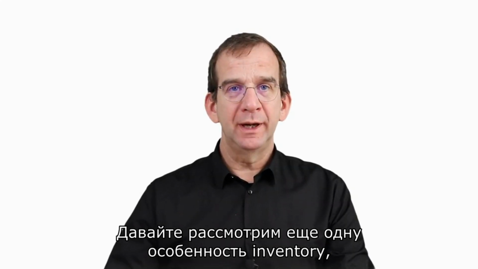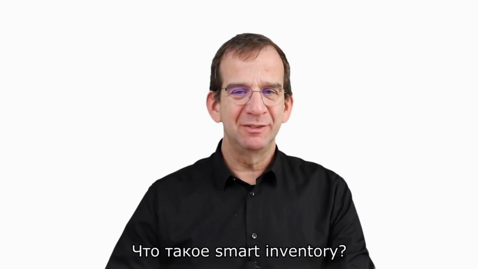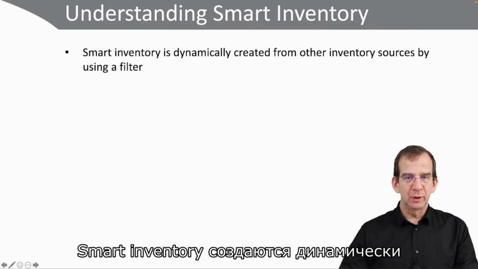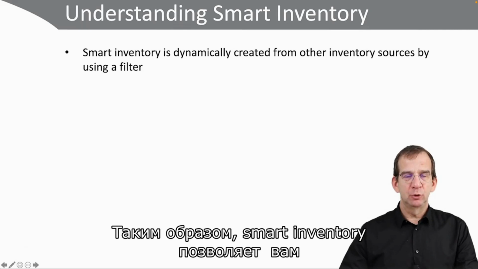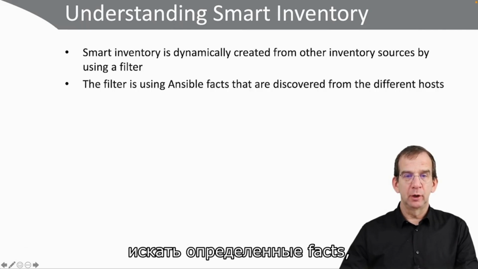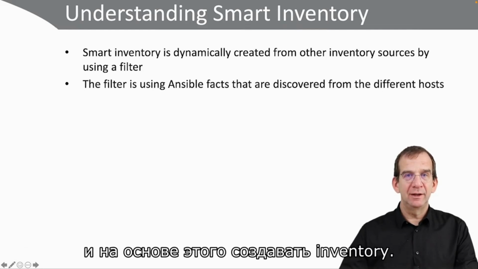Let's talk about another inventory feature, which is Smart Inventory. So what is Smart Inventory? Well, Smart Inventory is dynamically created from other inventory sources by using a filter. So Smart Inventory allows you to search for specific facts, basically, that are discovered on hosts and create an inventory